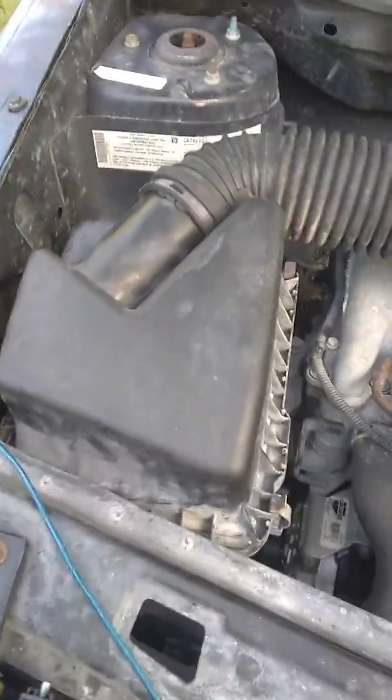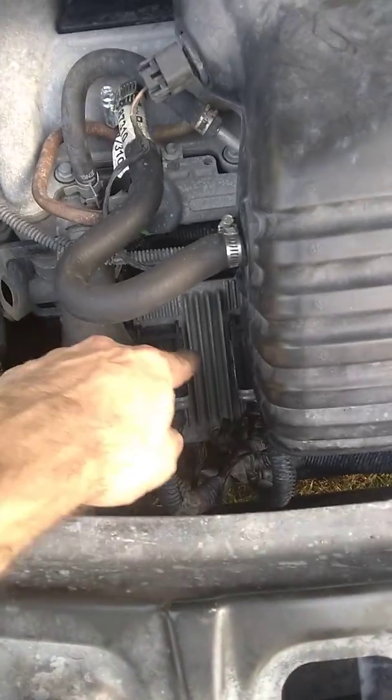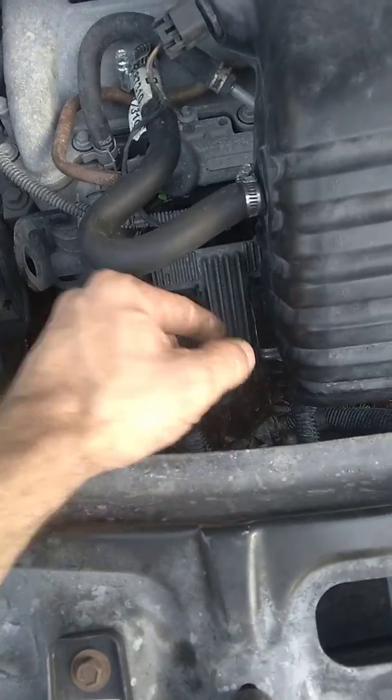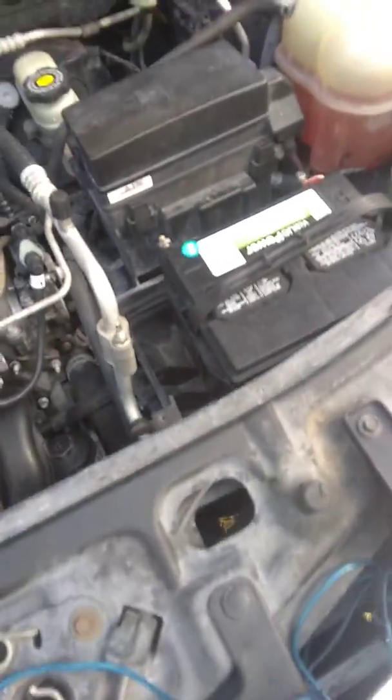The easy way to get to this, what I did, I took all this off and pulled it out. I just loosened this. I just took this off. I didn't unplug it. I just took it off and did my PCV valve hose. But as you know, you've got to disconnect your battery first. I did all that, my positive and my negative,